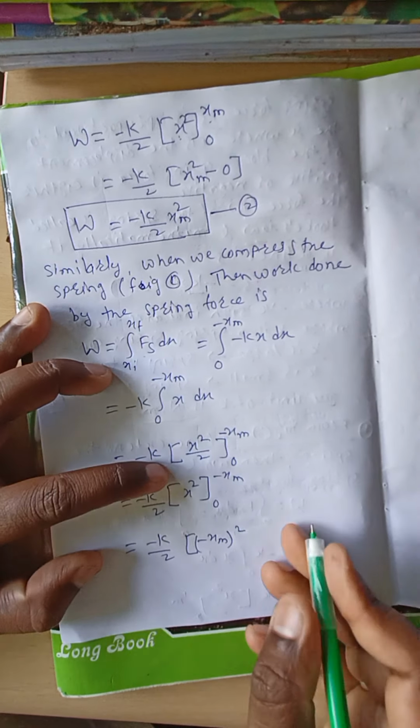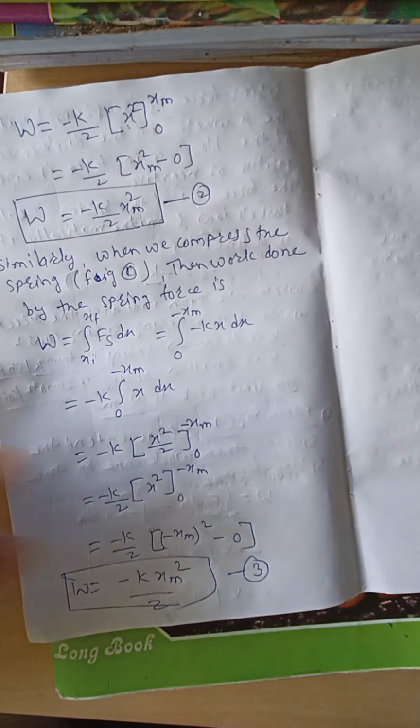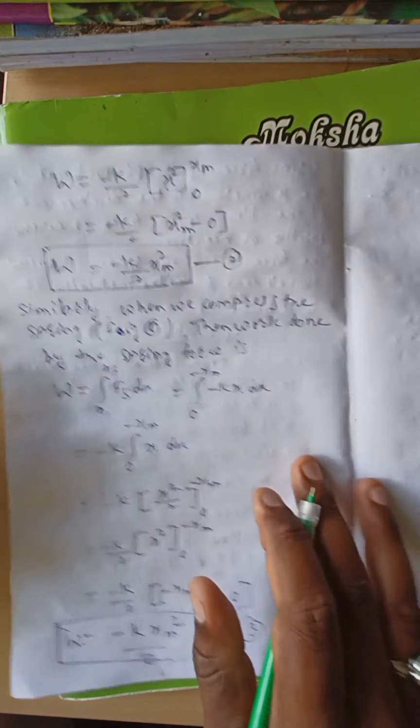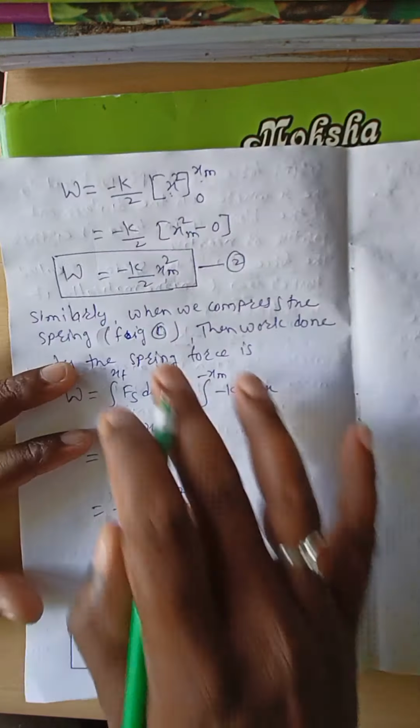In both the cases, work done is equal to minus k xm square divided by 2. This is equation 3. Now, the work done by the applied force and the work done by the compressive force, in both the cases the work done is equal to minus k xm square divided by 2. Now similarly,